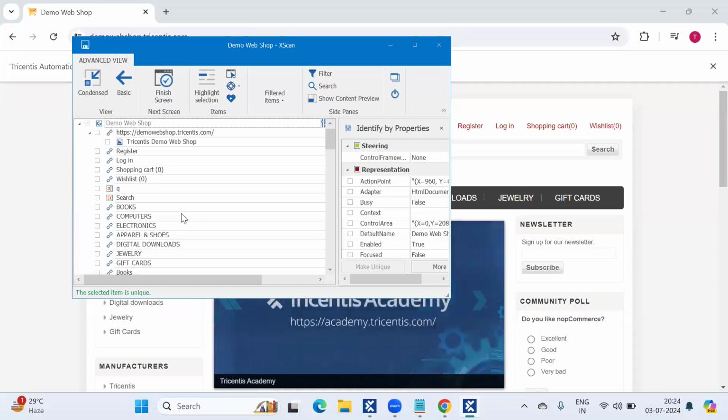If you are working on Mozilla Firefox, you need a Firefox extension. Whatever browser you're working on, it should have an extension. What is the purpose of that extension? In order to communicate between the application and the tool, we need that extension. Then only the application and tool will communicate. Otherwise, we can't scan the controls. Now I have already added the extension to my Chrome, so the tool and the application will communicate with each other and we can scan the controls.